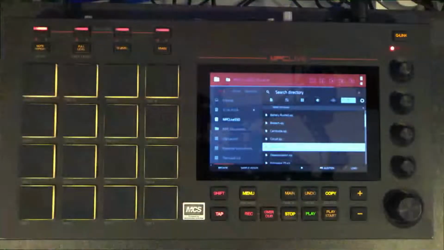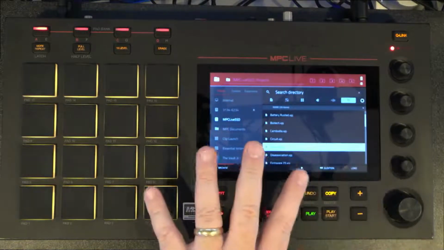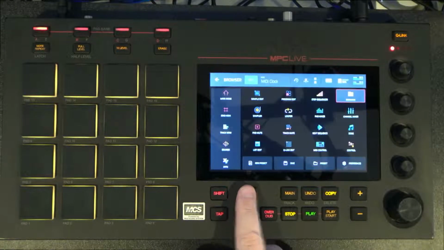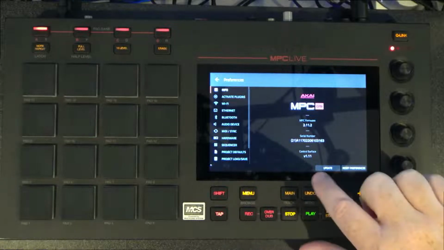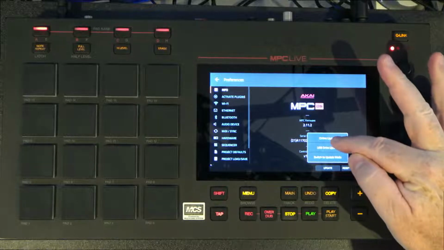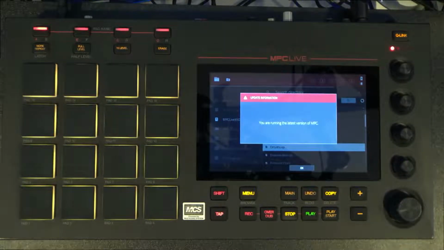Now, what I wanted to show you guys, and I can't actually show you how it looks when you do it, but when you turn this thing on, it automatically comes up on the screen now if there's a software update. And if you lose that, I wanted to show you a little tip because I thought this was pretty cool. So go into menu and click on preferences and then see how there's an update button there just next to my finger. You press that and you go online update. And look at that, it goes to check to see if there's any updates online, as long as it's connected to Wi-Fi or the Ethernet. And obviously I've updated mine, so